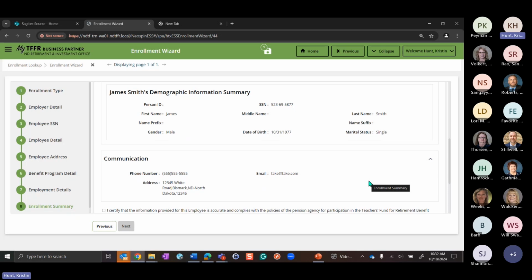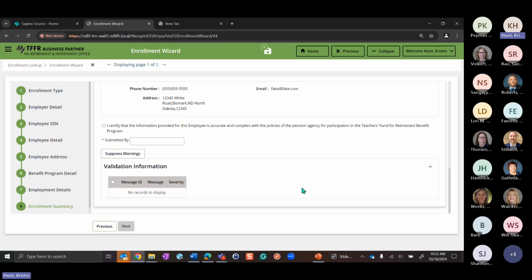I don't want to call it an error, but it's about the record and just saying, hey, just so you know, blah, blah, blah. And you're like, okay, cool. Thanks for that heads up. But it's not going to affect the record or moving forward or anything like that. But as we can see, I have no validations that I need to correct or update here. So this is good to go.